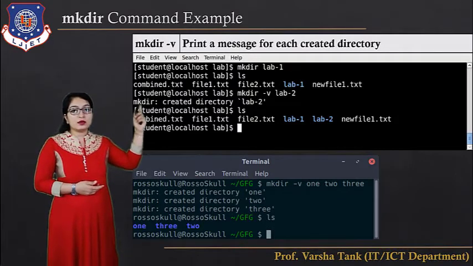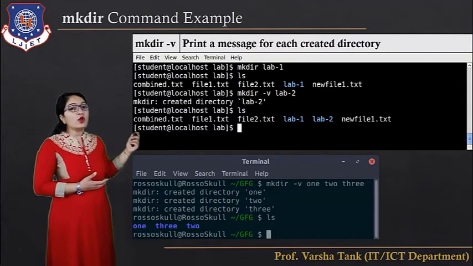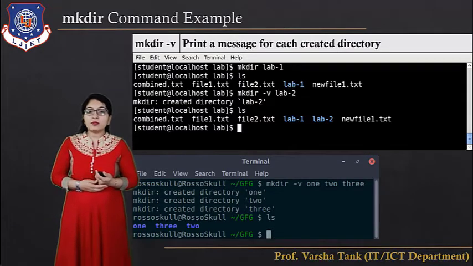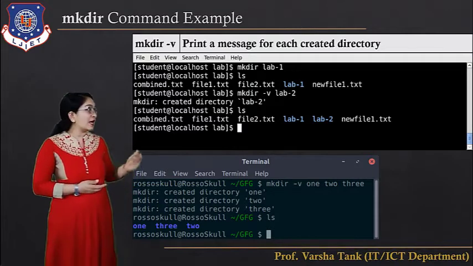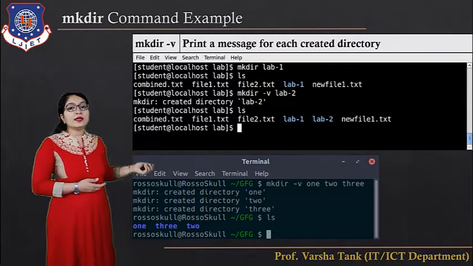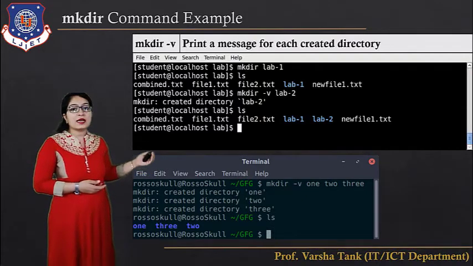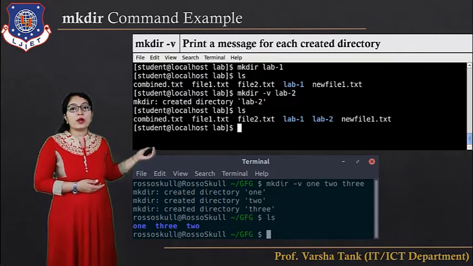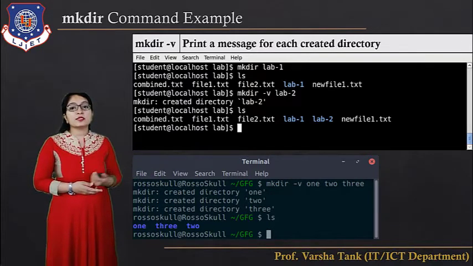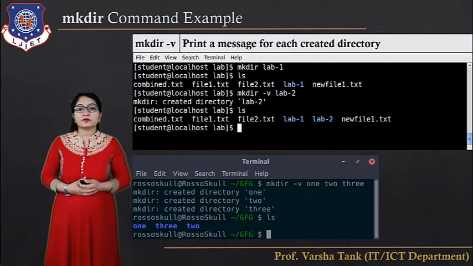Okay, when you created lab1, there is no message, but when you created lab2 using this flag, it displays the message that this directory is created. And again, suppose you are making more than one directory, mkdir -v 1, 2 and 3, it will display the message for each and every directory that this directory is created.